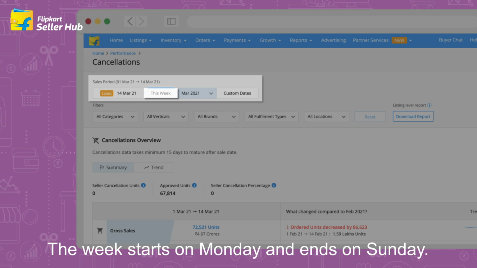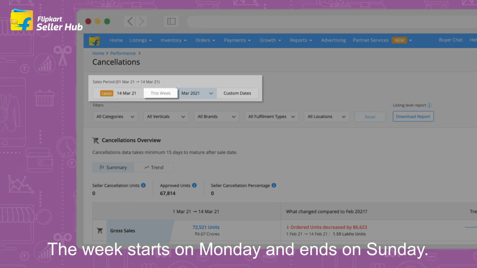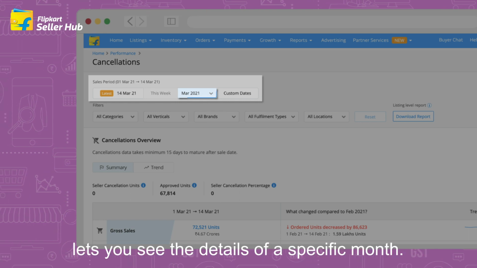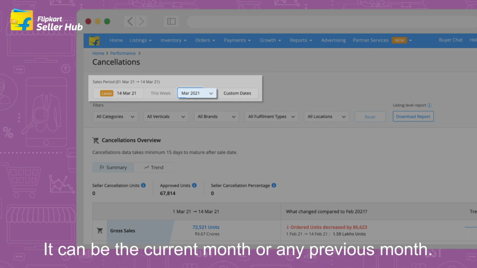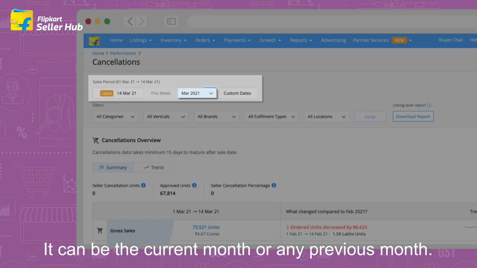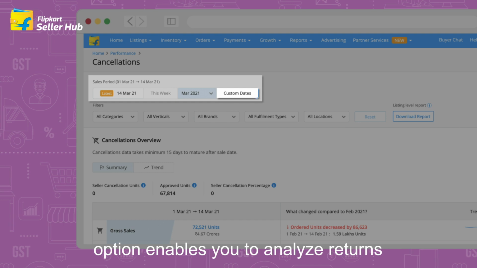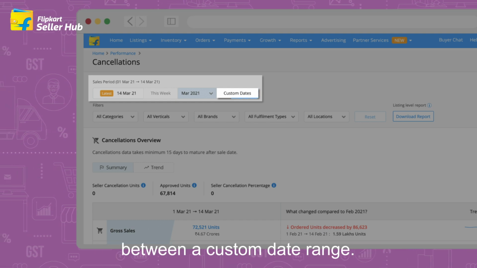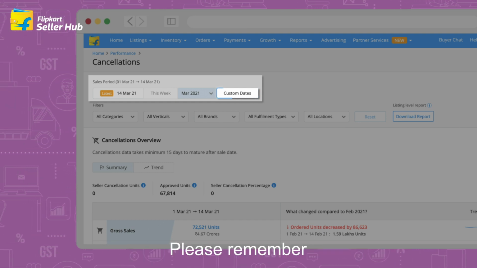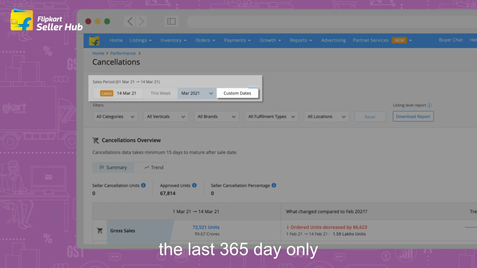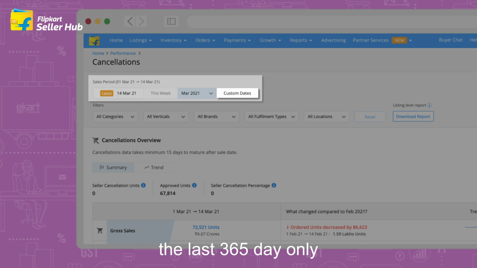The week starts on Monday and ends on Sunday. This month lets you see the details of a specific month. It can be the current month or any previous month. Custom Date option enables you to analyze returns between a custom date range. Please remember that you can select a date range within the last 365 days only.